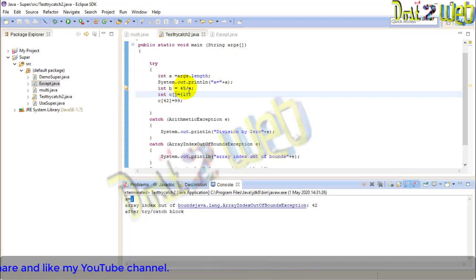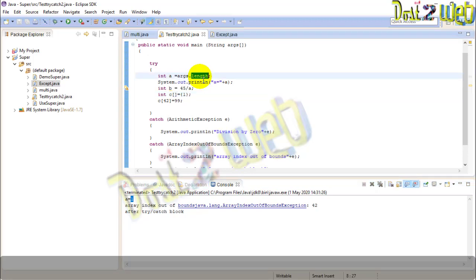So 45 divided by 5. Sorry, argument length we have given. How many arguments did we give? Only one argument, right? So argument length is 1, and that's why it is printing 1.